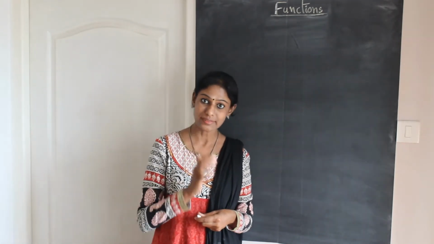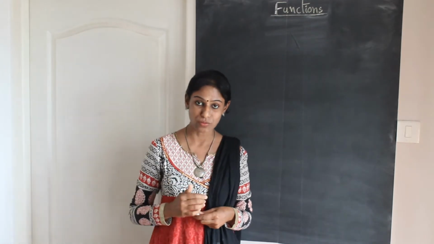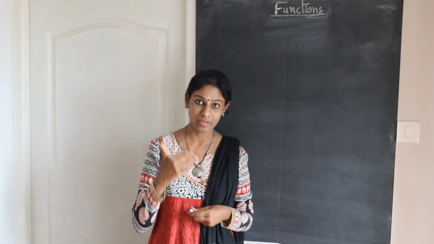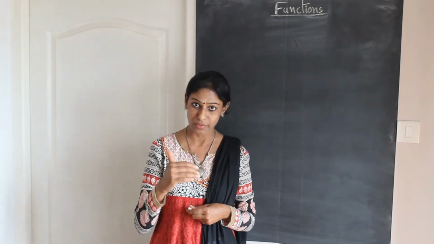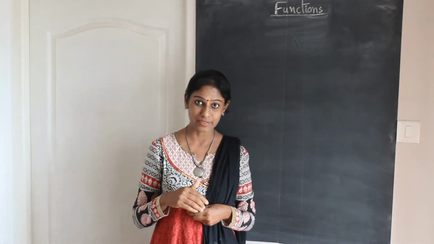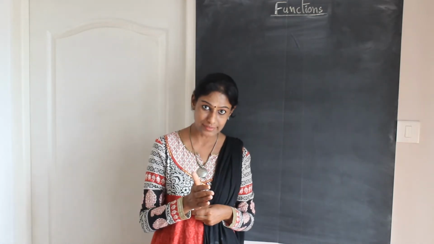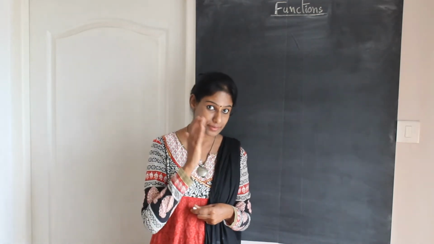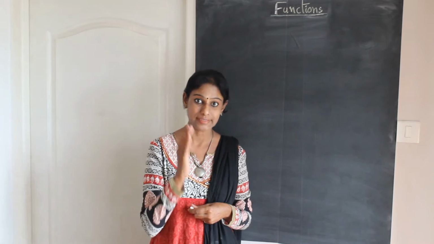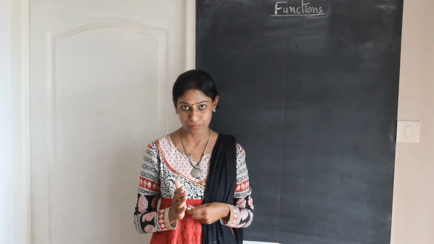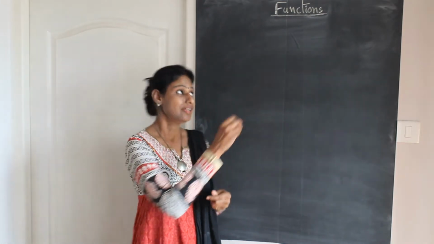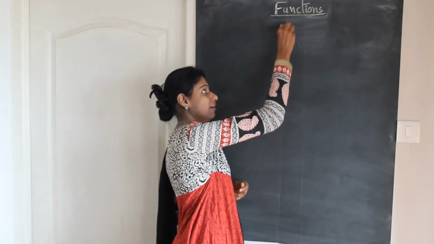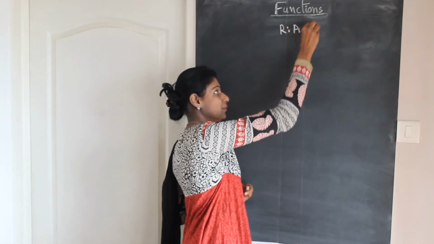So let us take a recap of all these concepts, because before we move on to the types of functions, onto, one-one, many-one and bijective functions, the concept of functions and how to find the domain and range of a function must be very, very clear for you. So what is meant by a function? Let us first take a relation R from A to B.